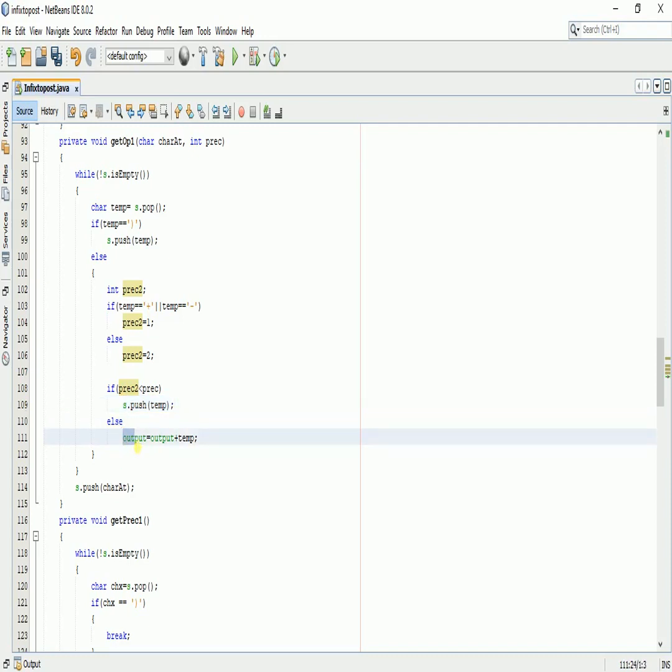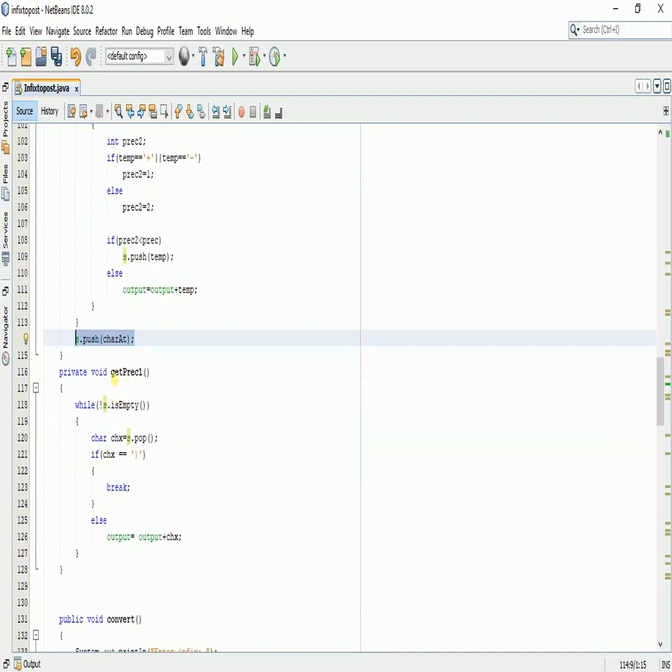Okay, now we will move towards else. That means that if precedence 2 is not lower, meaning that if there is multiplication in the stack and minus or plus in the coming value, then the multiplication will be printed towards the output variable. The output will have our multiplication implemented, hence it is popped out from the stack. So the multiplication will be removed and printed towards the output due to the precedence, and then the minus will be stored in the stack. So it is also verifying our DMAS rule.